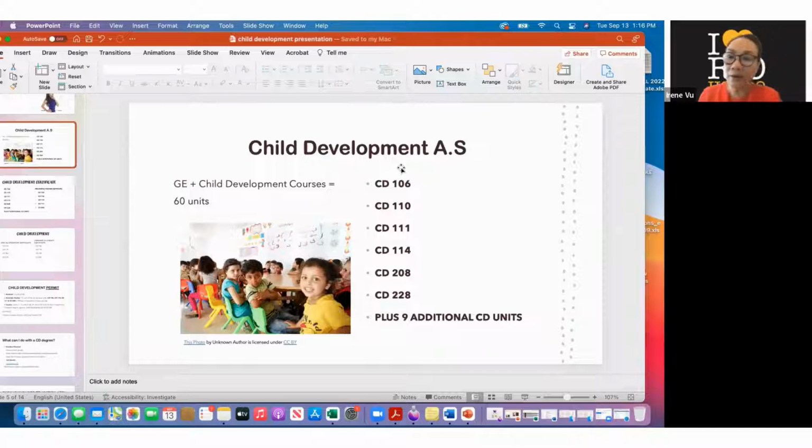Okay, so you know how in child development, you need to have the local degree. You will have 106, 110, 111, 114, 208, 228. Plus, you need to take 9 additional units. So these 9 additional units, I usually recommend students to take number 1, Child Development 102. The second one is the 224. And the third one